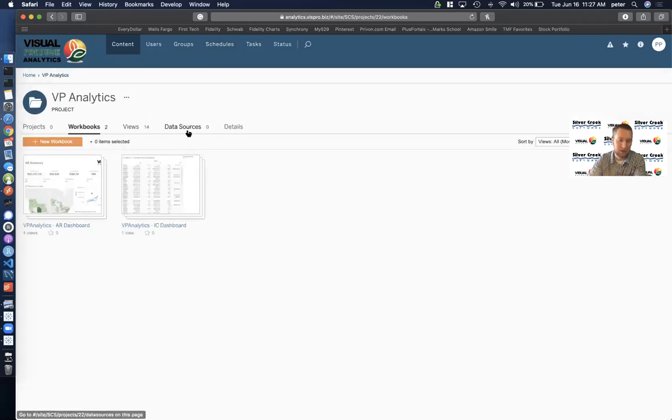So like in this example, I don't have any data sources, but usually there's a schedule for every hour, and if you're using the hosted instance, we can create whatever schedule you need. But yeah, you have a lot of control over when extracts refresh, and as I've gone through and set up different dashboards for Silver Creek to use internally, and working with our customers that use the product,